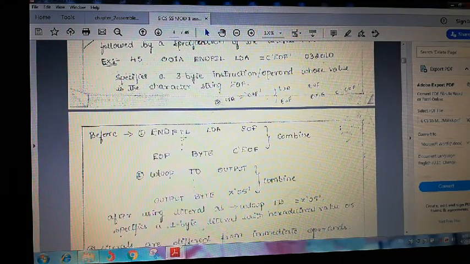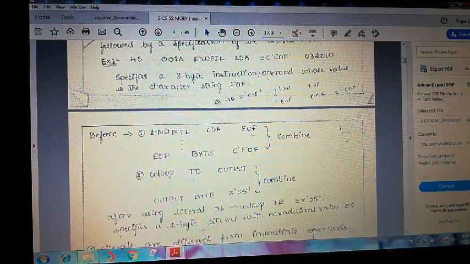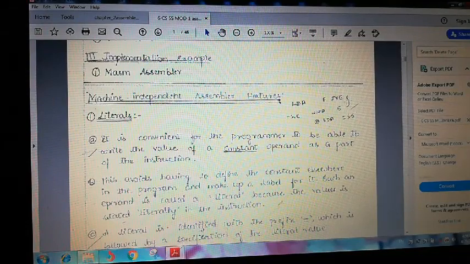Somewhere I am writing this statement: LDA EOF. EOF is a label, and the EOF label has a value. Then I define EOF as BYTE C'EOF'. This value is always constant; it will not change. Take one more example: LDA 5, where 5 is WORD 5. This value 5 is constant. That value never changes.